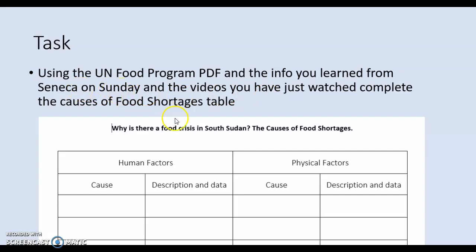And also all the stuff that you should have got off of Seneca on Sunday. There was loads of info on there. I was quite impressed. I think that was the most impressed I've been with Seneca so far, is how well they did that bit. So have a think about that. If you didn't get to Seneca, you need to go there and fill out this table. So human factors, what's the cause, a little bit of a description, and if there's any facts and figures you can chuck in there, do that as well, which will really massively help you out. Do not spend more than about 15 to 20 minutes on this though. That is all you need to do.